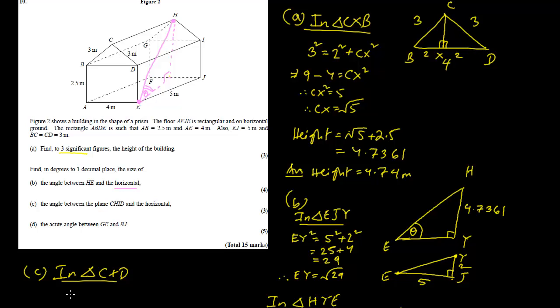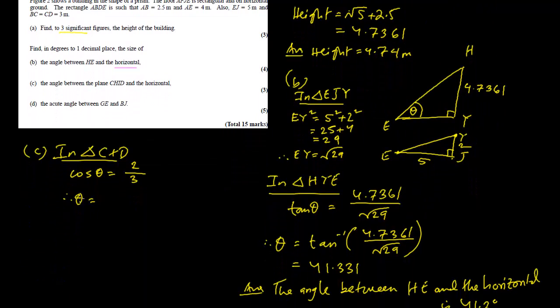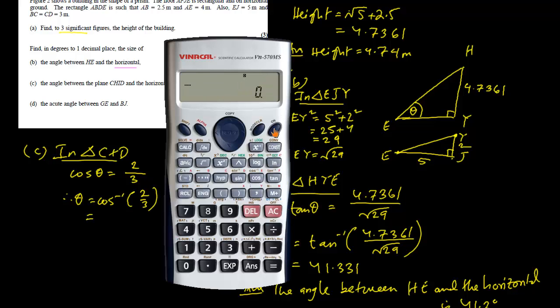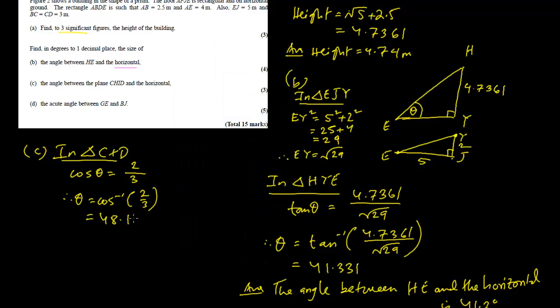So I can write cos theta, this angle I'm using, equals adjacent 2 divided by hypotenuse 3. Therefore theta equals cos inverse of 2 by 3. So let's calculate cos inverse of 2 by 3. That is 48.1897. So the answer is going to be